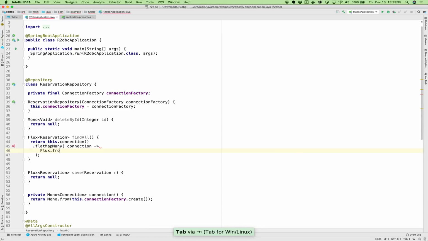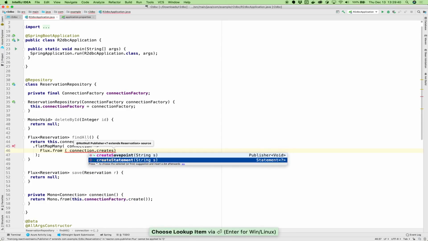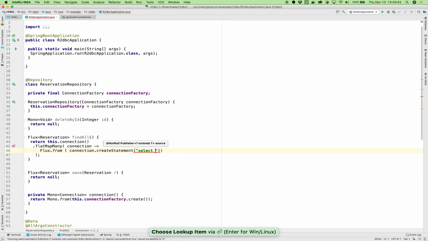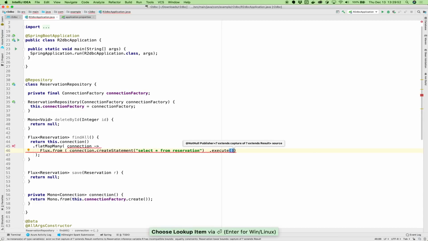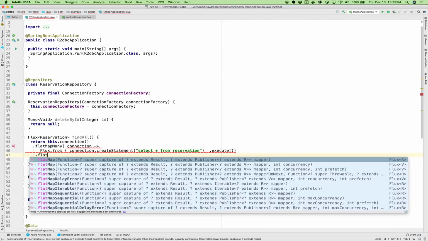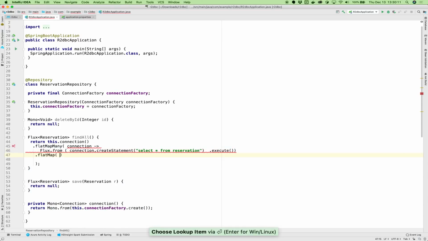So Flux.from(connection.createStatement("select * from reservation")). Okay, and we're going to execute that query, and with that, oops, wrong one. flatMapMany from this .execute .flatMap. Okay, we're going to have a row, and what we're going to do is say row.map, and